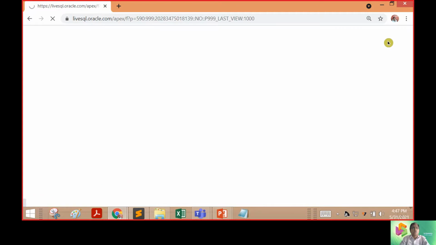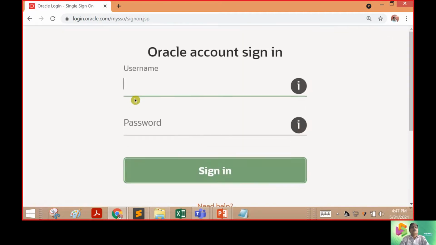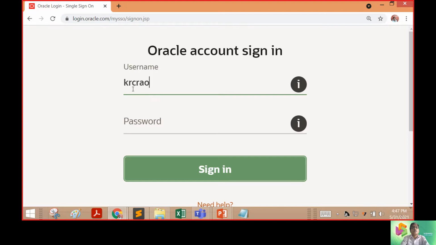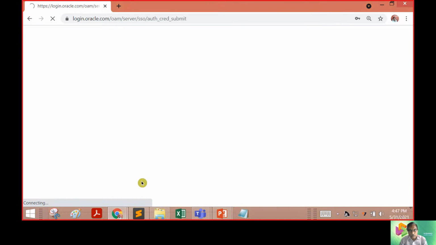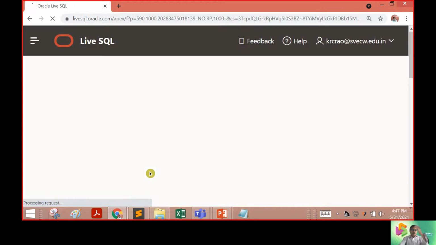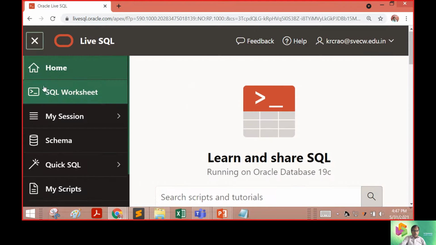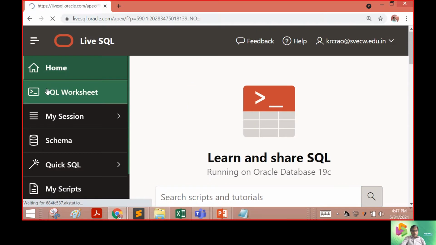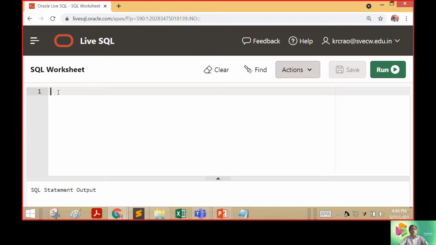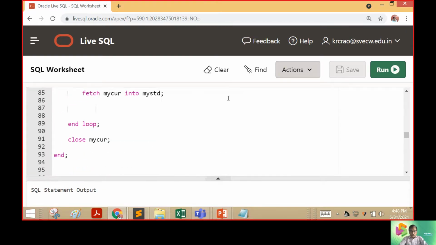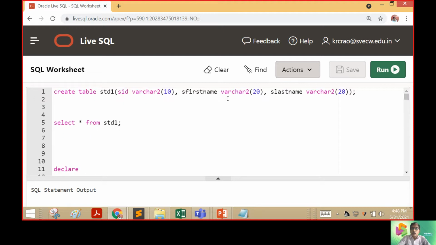So we can sign up here. So sign up. Now you can see the work area. So you can hit on the SQL worksheet to put all the instructions here.